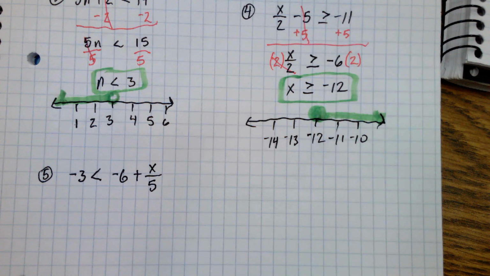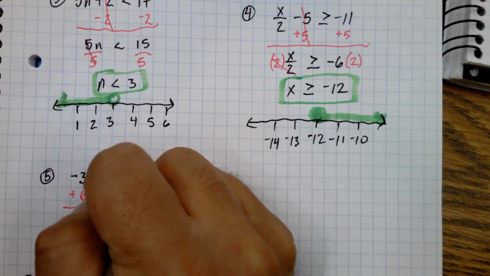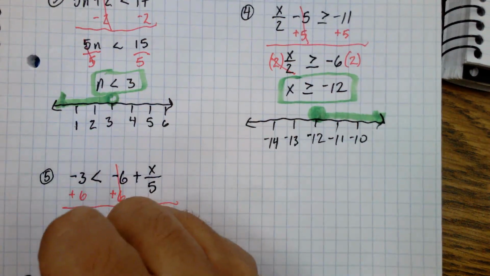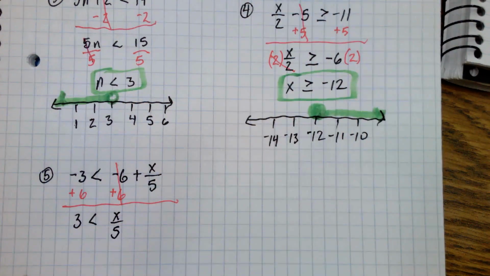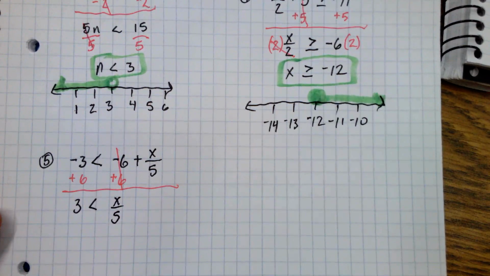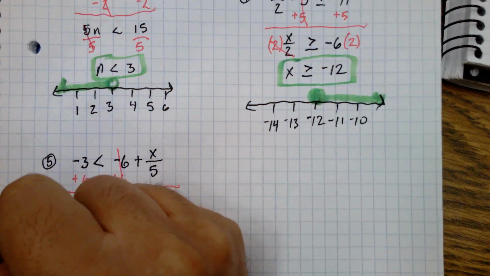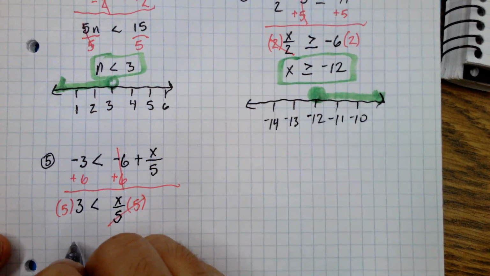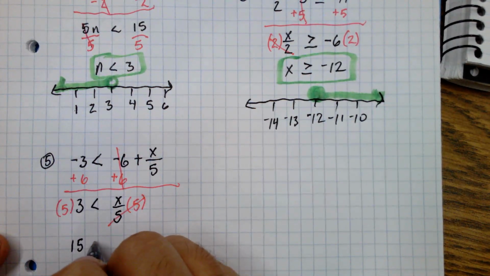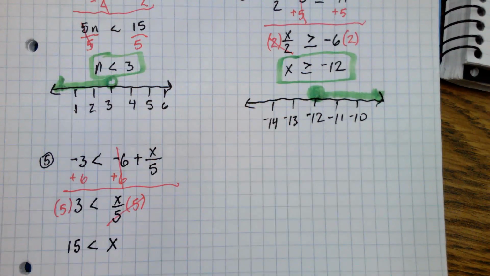What are we going to do first? Yeah, let's get rid of this negative 6. Which is 3 is less than x divided by 5. 3 is less than x fifths. So now let's get rid of that 5. So that's 15